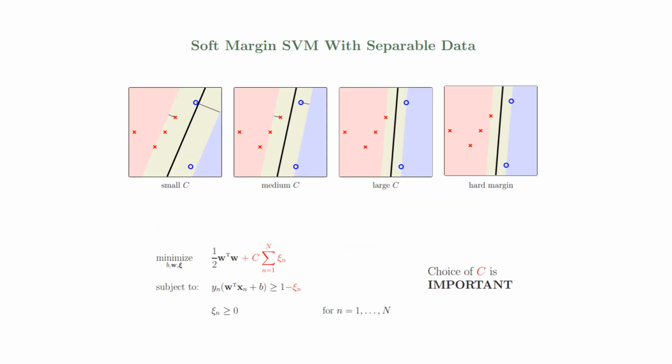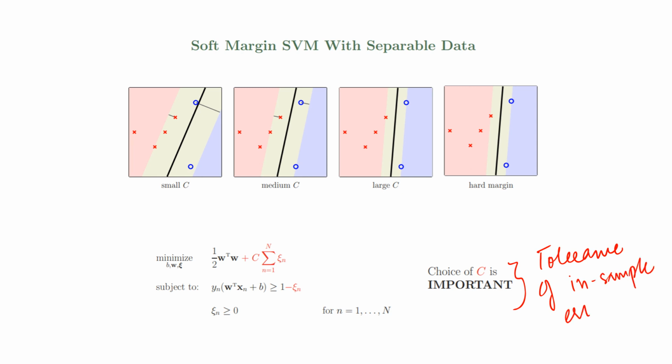Let's look at another example here. So this is soft margin, and as I said, the choice of C is important. Even with separable data, we can still choose soft margin because we have this choice of C with us, right? So with the choice of C equals infinity, we can recover the hard margin. So what is C essentially doing? It's quantitatively defining the tolerance of in-sample error, right? So let me also write it down, and that's what this is emphasizing, that we are quantitatively defining the tolerance of